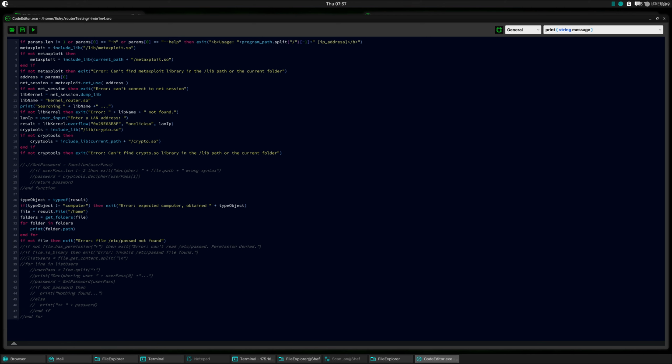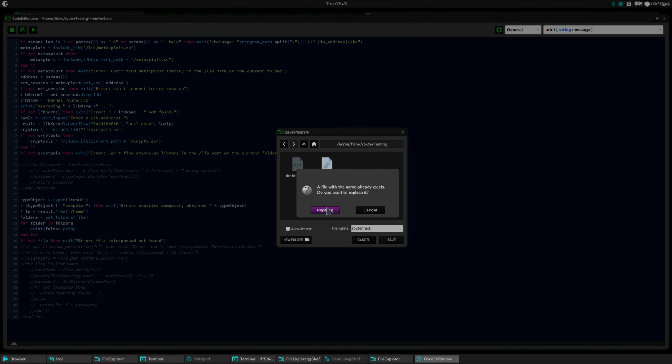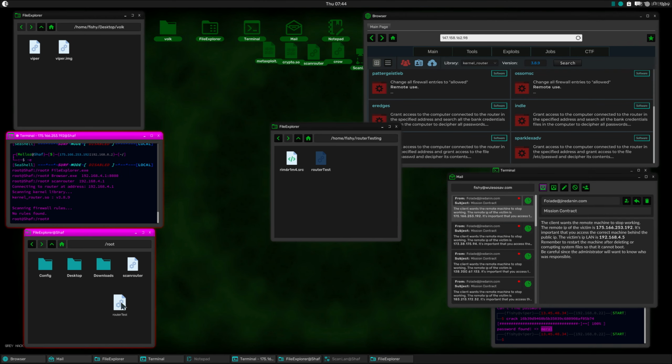This should work. I'll take a look at my notes really quick just to make sure. And right here, the 1, 2, 4. Anything on getting past. Folder, folders, print folder path, N4. Yep, okay, we're good. So we're going to save that, play it. And I save mine as router test. And now we drag router test over here. And drop